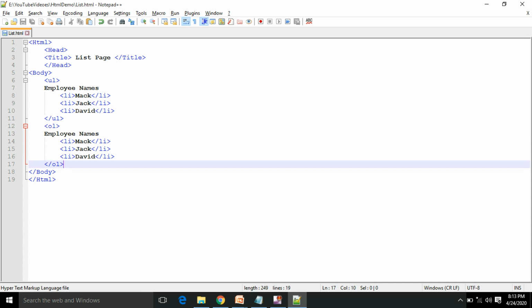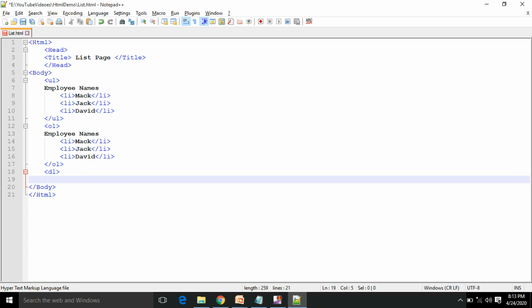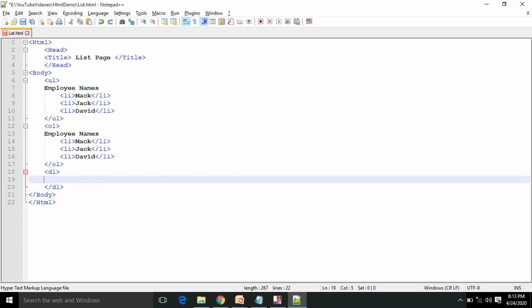So next is description list. In description list we have three tags. DL defines that it is a description list. Here we can give the title, employee with its department.